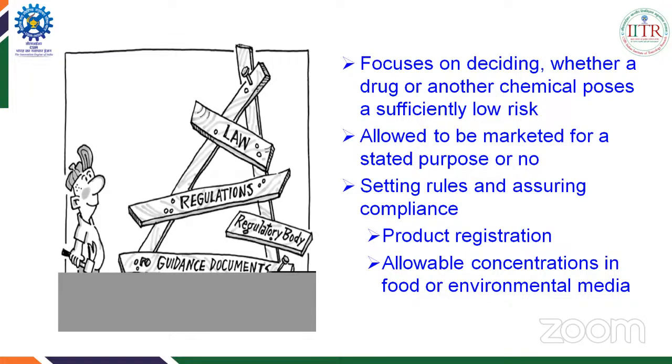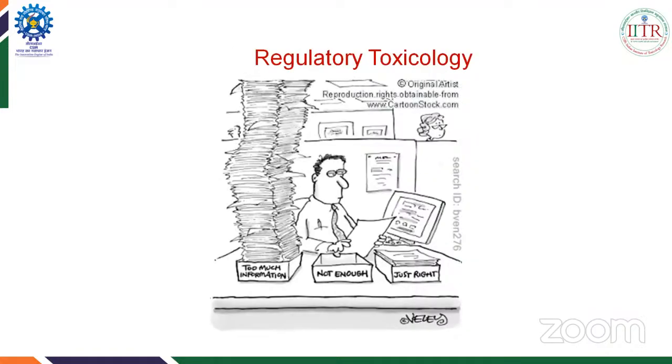So as you can see, at each and every step of a drug discovery program, there are certain regulations, there are certain guidelines which need to be fulfilled. And therefore it becomes very, very important to be able to decide what are the kind of regulations,